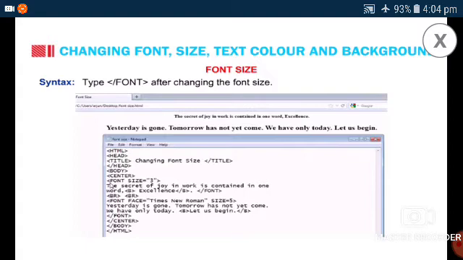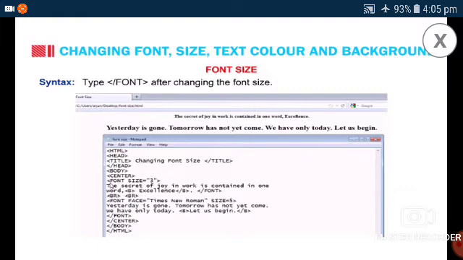So open the body tag, and after that center, font size equal to 3. I want 3. My font style: The secret of joy in your work is contained in one word. Like that I enter, and another word. I want a space, so at that time I use a BR tag. Font face.